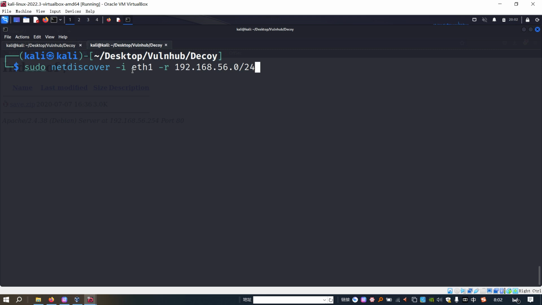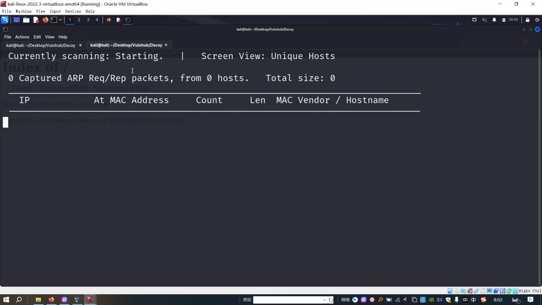And netdiscover will use this interface to send out packets to discover the machines on the network, waiting for the response from the alive machines, and use the -r option to narrow down the network range. So now we can press enter.